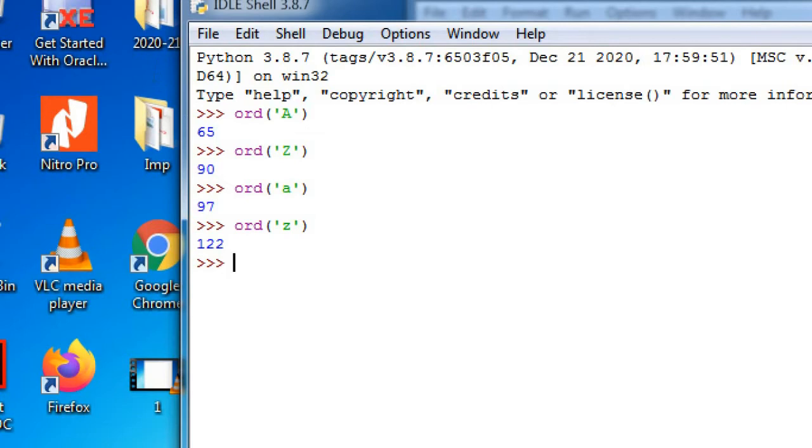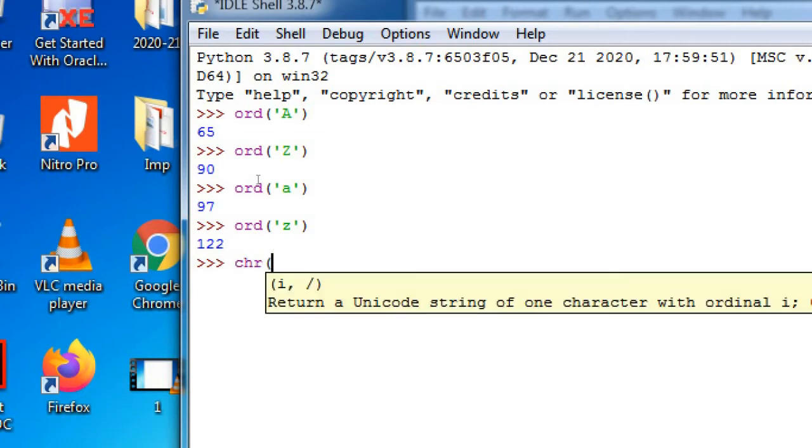This is going to be function number one. The second function that I am going to use here is a function called chr, the character function. This is also a built-in function. So for this function chr, if we give a numerical value, provided the numerical value that we enter must be an ASCII code or Unicode, the function chr will return us the corresponding alphabet.